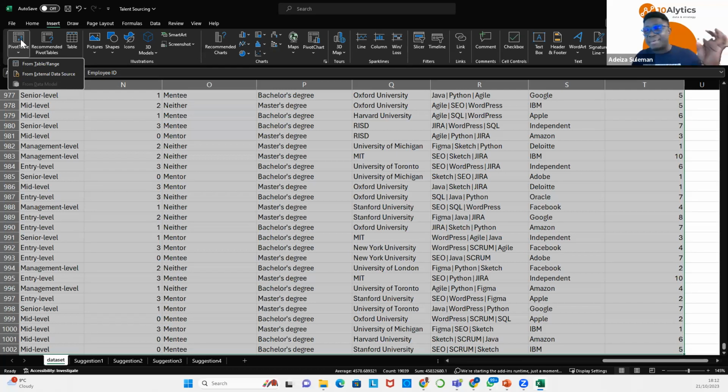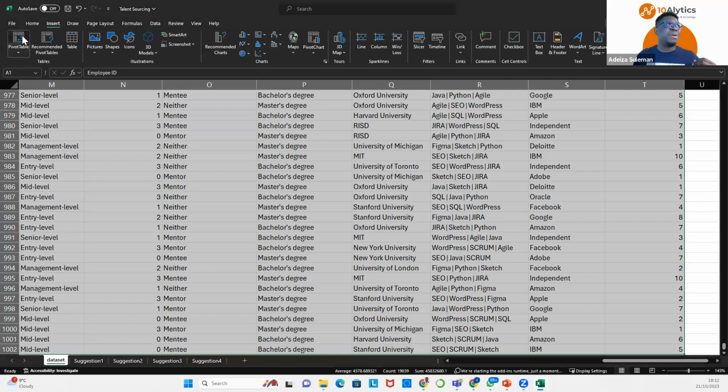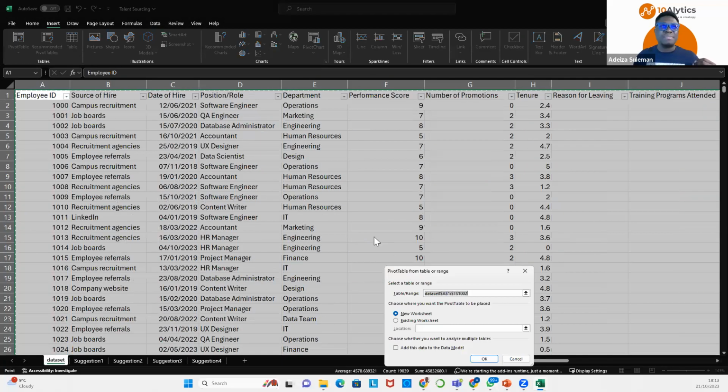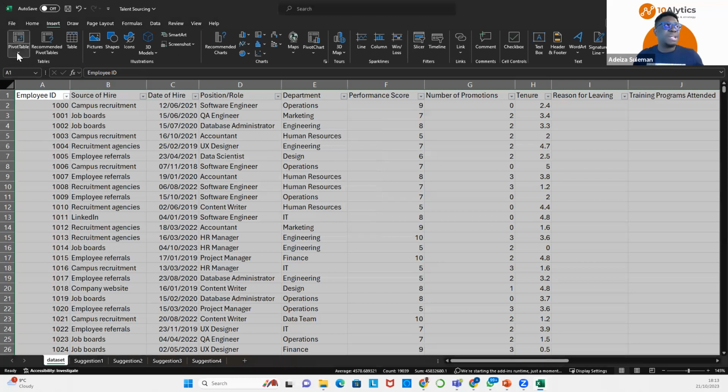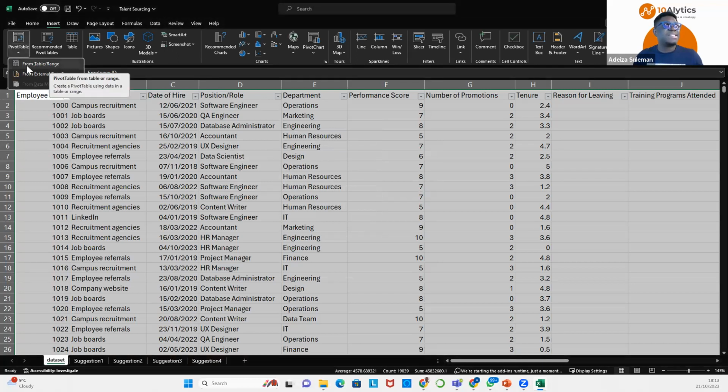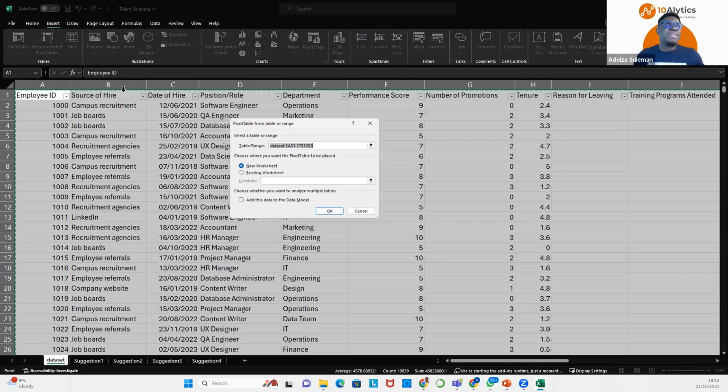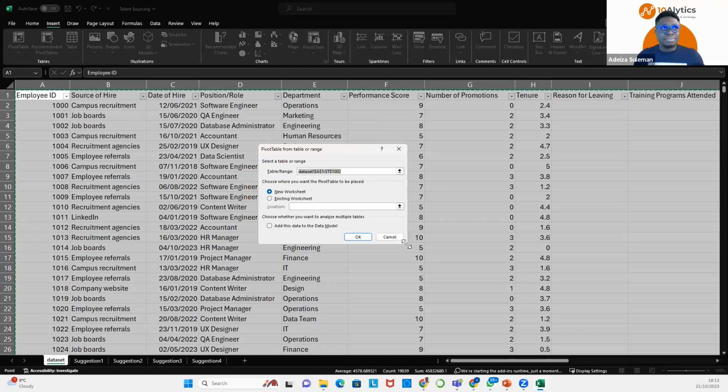If I click on the icon directly, let me show you. If I don't click on the drop-down and I click on the icon, it's going to show me the box to create my pivot table. All right? Now, if you have the drop-down, let me cancel. If you have the drop-down, click on the drop-down and you select from Table/Range. It gives you the same thing. So I click on that and I have my pivot table dialog box.